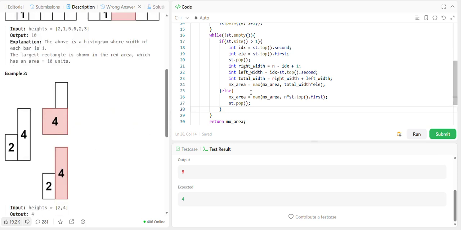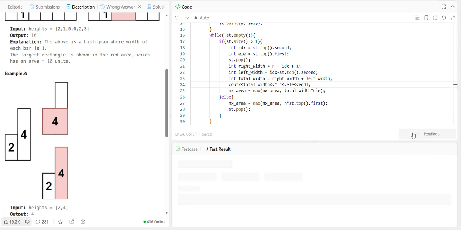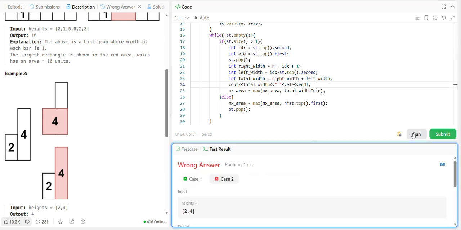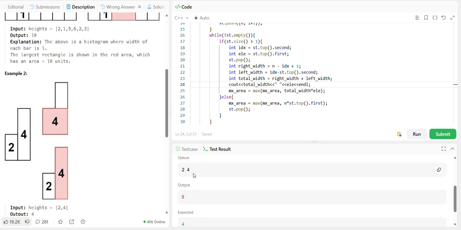So we are probably calculating the total width wrong, I think. So let's try to print it out. Total width, and let's have element here. So yeah, I think for 2 we are getting, okay, we are getting total width for this element 4 as 2. First let's print it. We printed it wrong. Element, and let's print